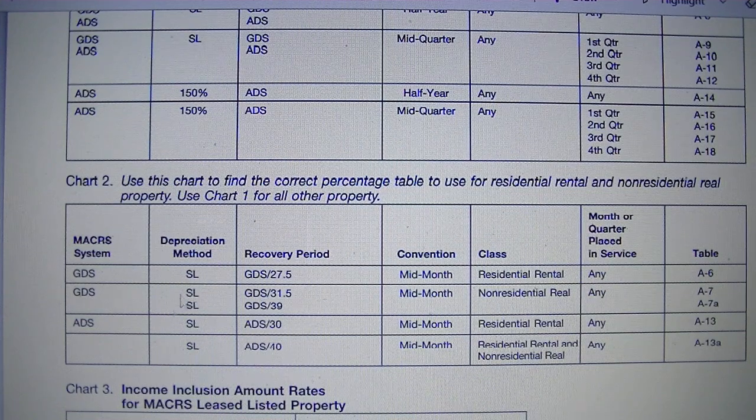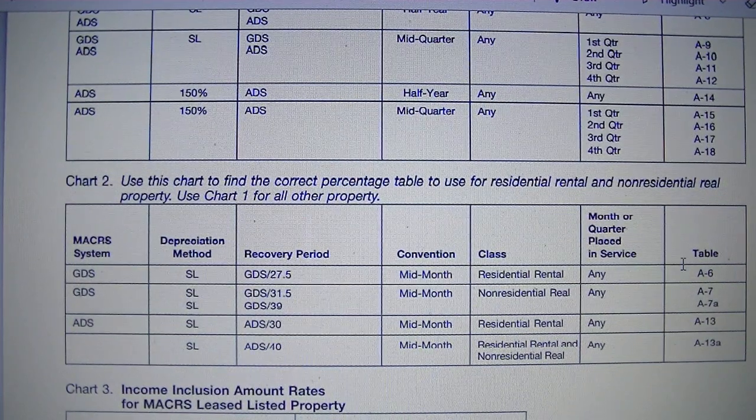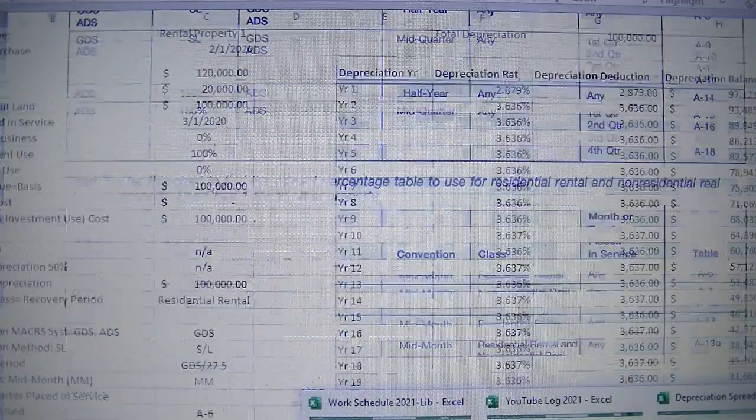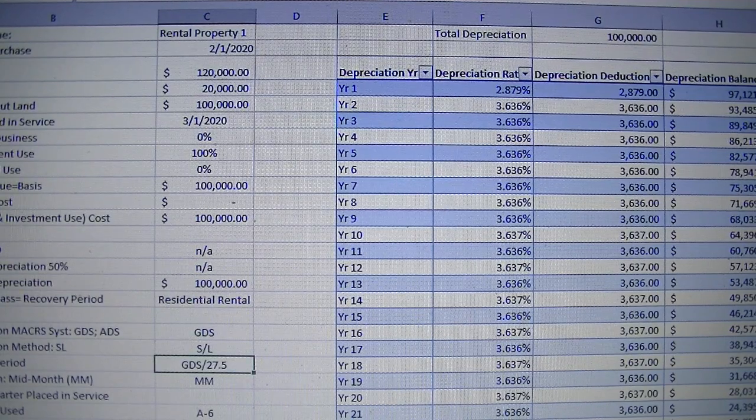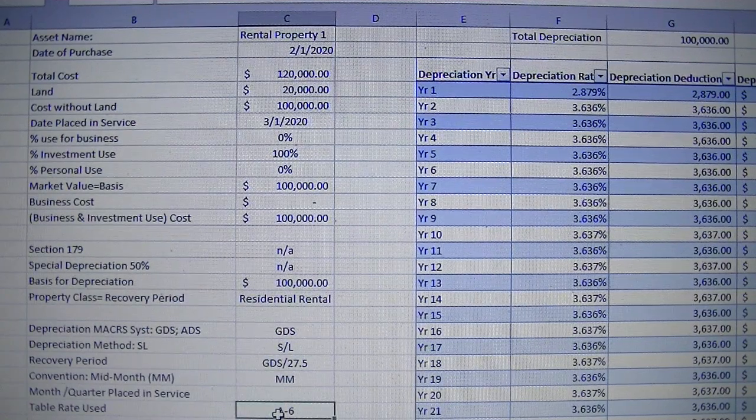Okay, so we know we are going to use GDS, straight line depreciation. The recovery period is 27.5, the convention is mid-month, and the class is residential rental. Therefore, for month or quarter placed in service any, the table rate to use is A6. So we will put A6 on our spreadsheet at the bottom of step 1,